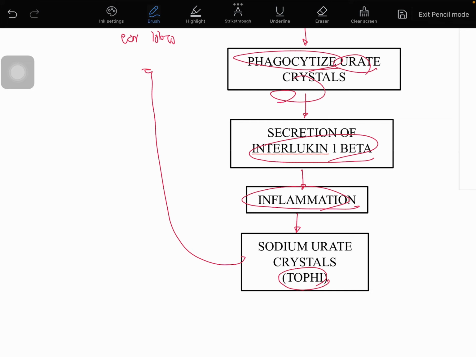For example, sa hallux ka nagkaroon ng, hindi ko kasi siya malagyan ng illustration here kasi hindi siya ma-edit, hindi siya ma-move. Okay, so try ko na lang i-illustrate, i-drawing. Ngayon, pag nagkaroon ka kasi ng tophi class, for example, yung hallux or yung mismong hinlalaki natin sa paa. Okay, for example, ito yung paa mo. Magkakaroon siya ng bukol na ganyan. Okay, this is your thumb. Pangit yung drawing ni sir. Okay, ganyan. Nagkakaroon siya ng bukol-bukol. Just try to search on your internet yung mismong itsura ng tophi natin.